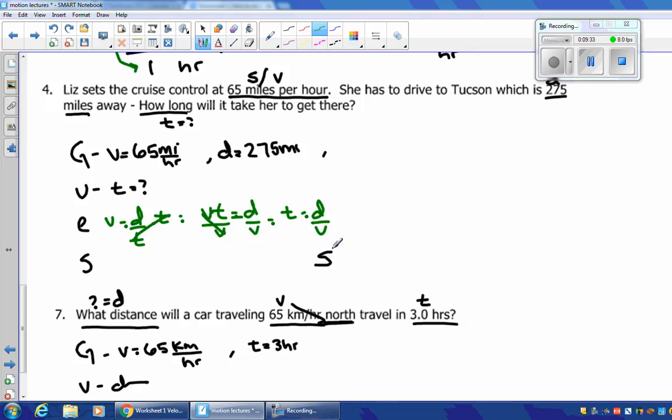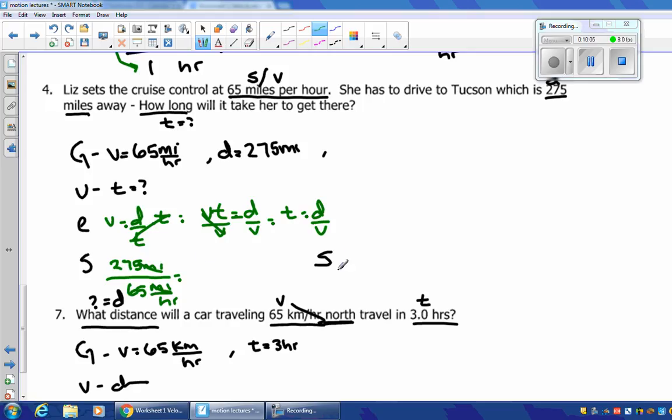So let's substitute that. What was our displacement? Our distance. 275 miles, right? Okay, let's divide it by v. What was our v? 65 miles per hour. And we're going to be left with hours. These are going to cancel out. Let's get our trusty dusty calculator. And let's go 275 divided by 65, and we get